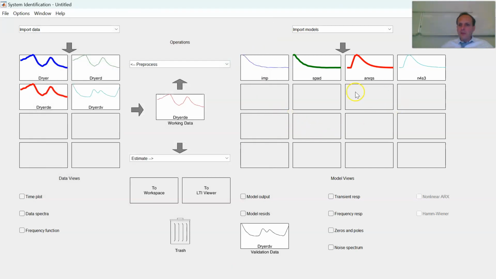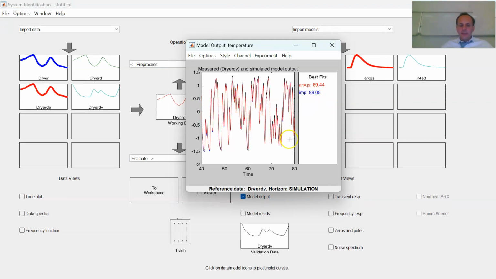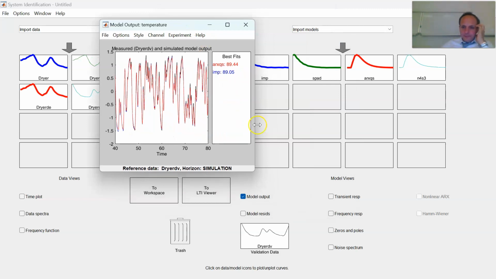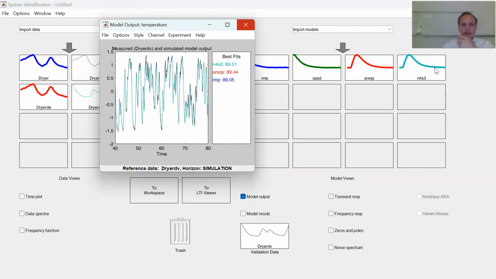And you can see also, if you select the impulse response and you select the model output, we can see here that the model output is quite close to the impulse response, which provides a best fit of 89%, and the estimated ARX model is 89.44. So it means that the accuracy of the estimation is quite good. And if you select also the state-space model, it is describing quite well the output of your system. So all